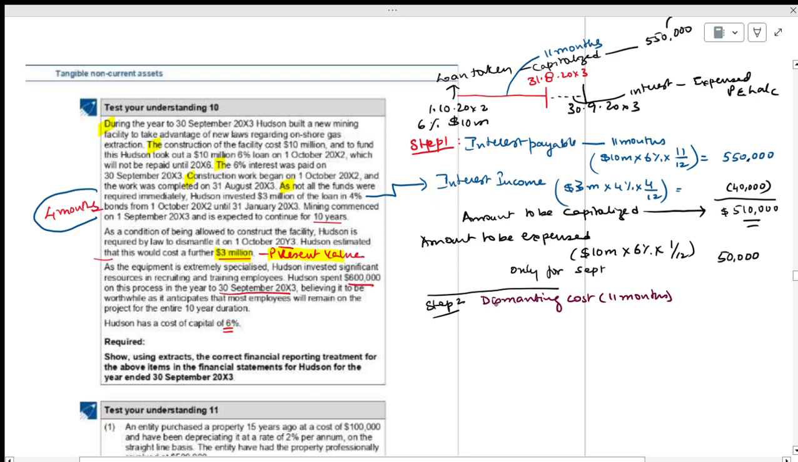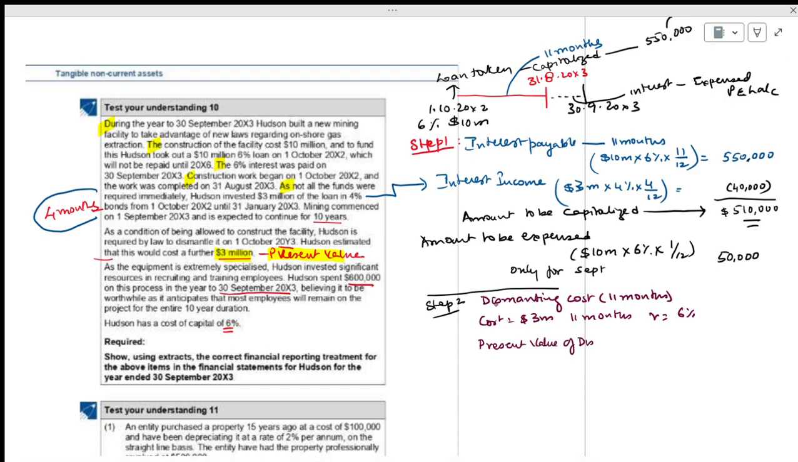How much is the cost? Cost is 3 million, is it right? Time is 11 months. In order to calculate present value, R is the rate of discount, the cost of capital, which is 6%. Now you have to calculate present value